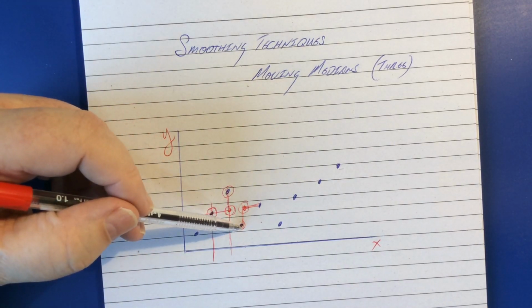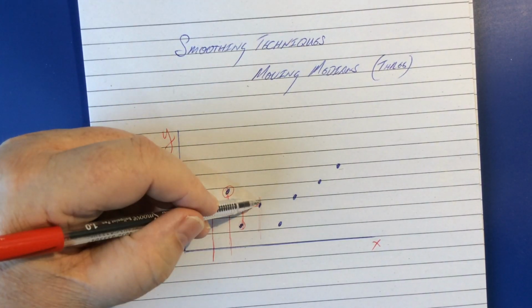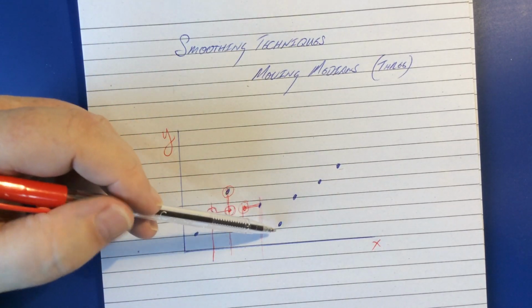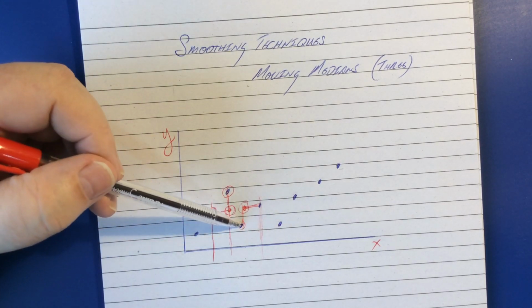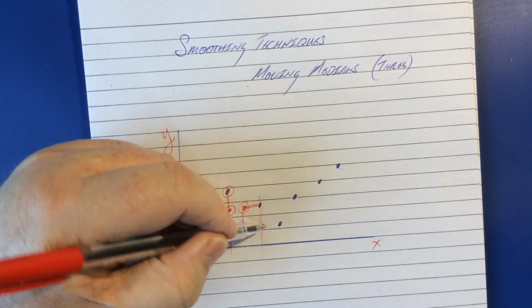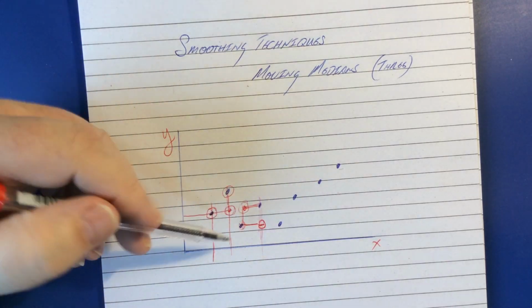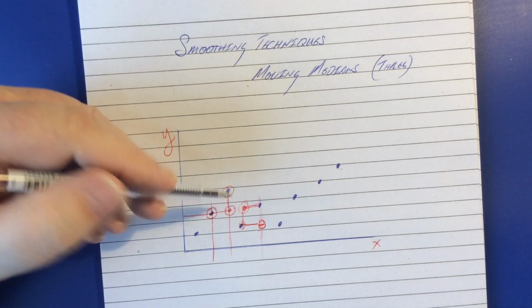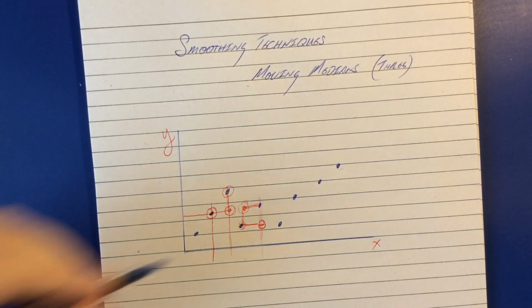Now, we start here, 1, 2, 3 across the x-axis. So this is our point. We then go up the y-axis, and what we have is this is first, this is a very close second, and this is third. So our point is in here. It comes off this one. 1, 2, 3. It may be difficult to see this on the video, but this is lower than that. And so if I join these up,